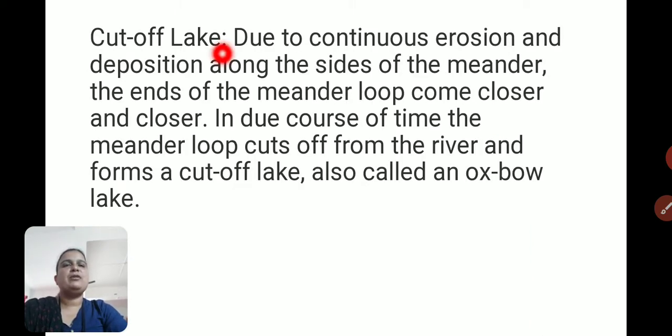Now, cut-off lake. Due to continuous erosion and deposition along the sides of the meander, the ends of the meander loop come closer and closer. In due course of time, the meander loop cuts off from the river and forms a cut-off lake, also called an oxbow lake.